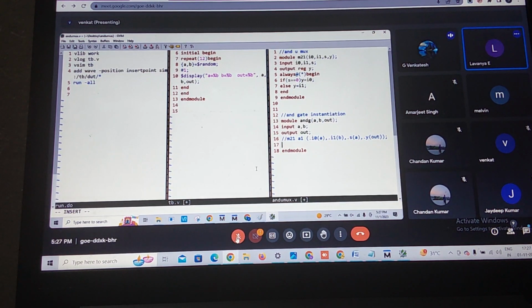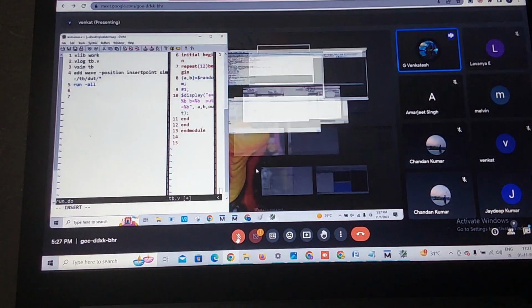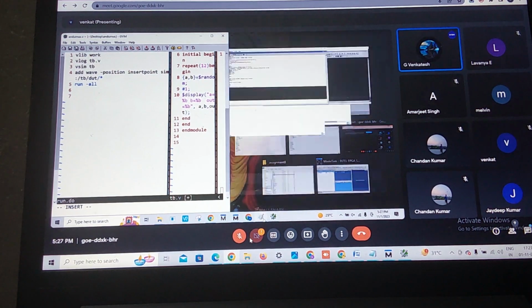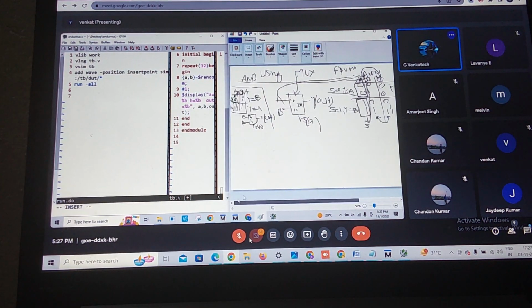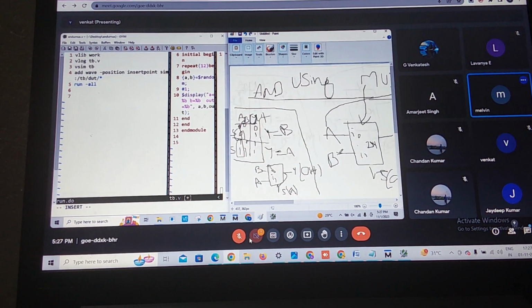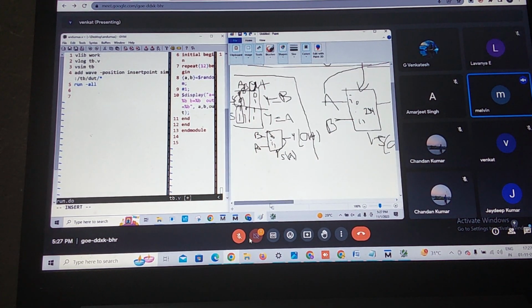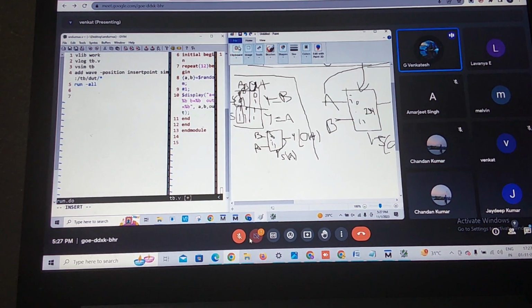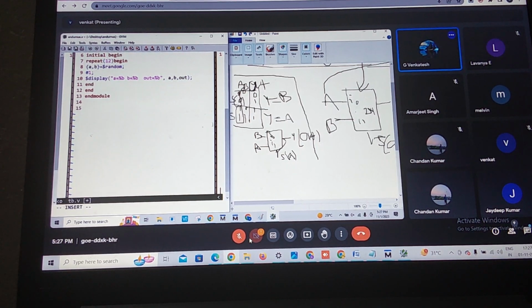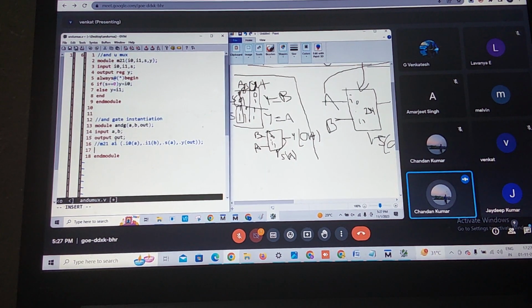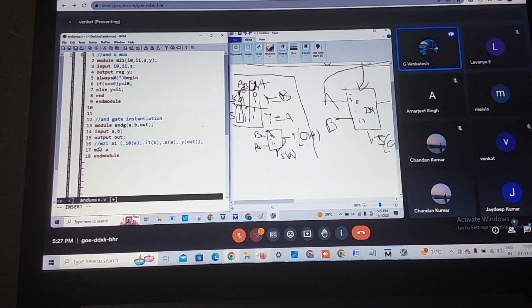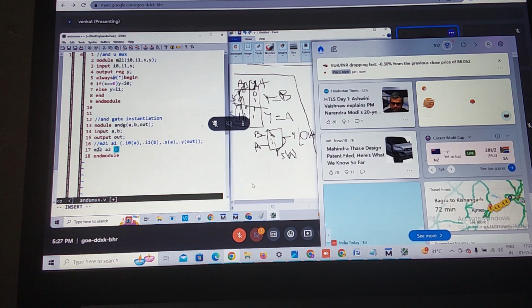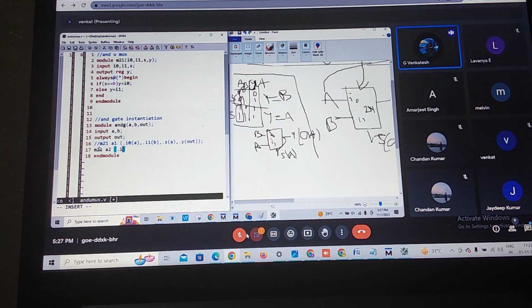Based on this, the instantiation only is different. You told me, I explained it earlier. This is my OR gate. Tell me what is the connection here? If you want, I will take one more file. For OR gate, sir, what is it? For S equal to 0, it's like I1 or I0. I will take A1 or A2. Which pin is connected to I0?